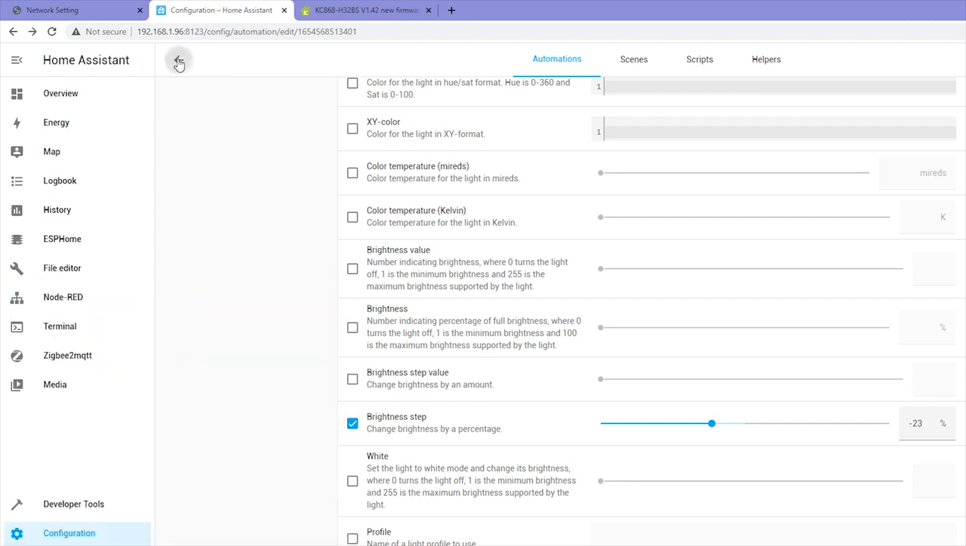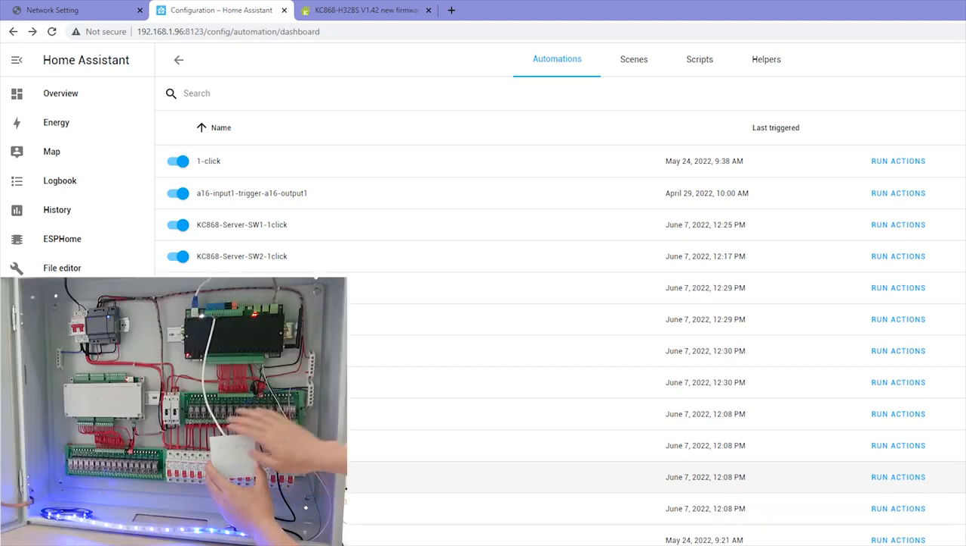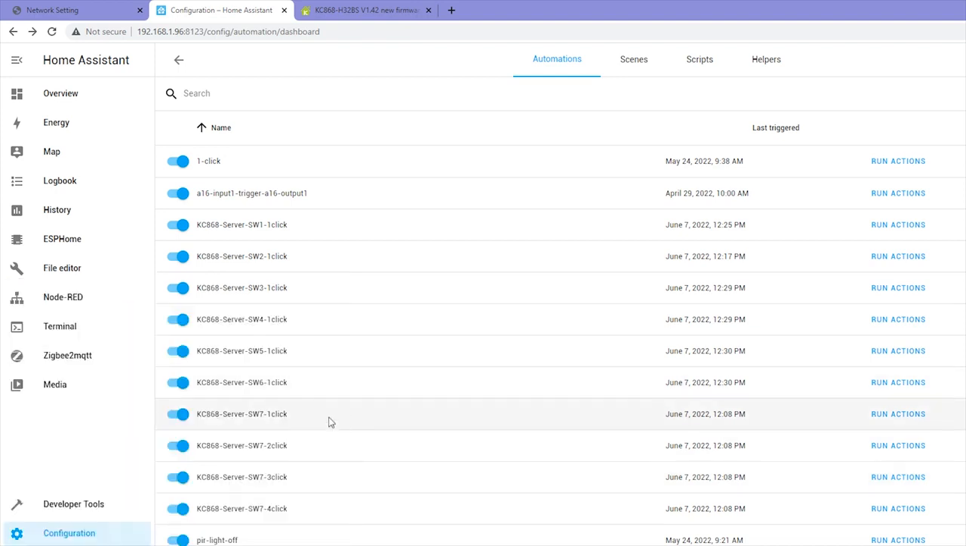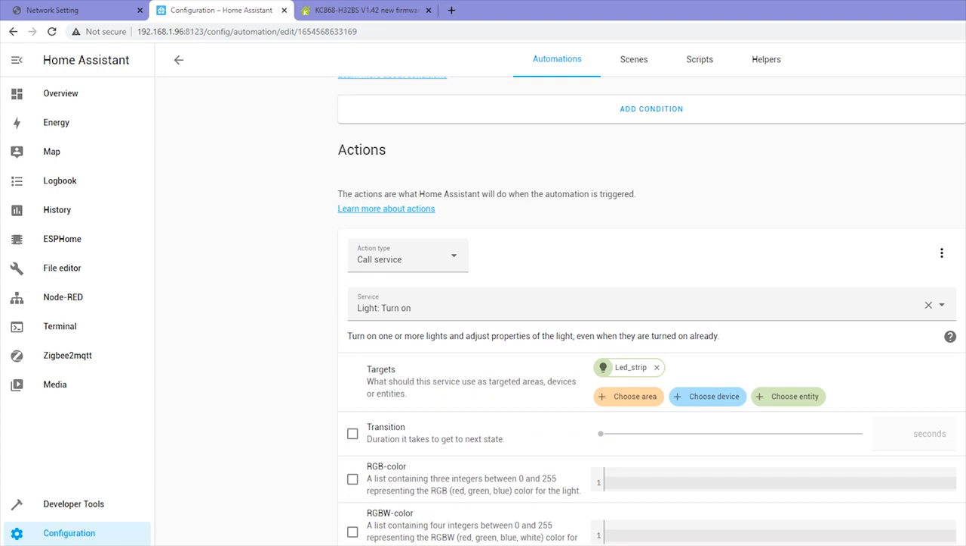And now we can define this 7. You can see the 7 switch that I have defined 1 click, 2 click, 3 click, 4 click. Because sometimes one switch panel you have not enough buttons for you to use. So we can define one button for different functions. You can see here the 7, the 1 click. I can edit, and you will see